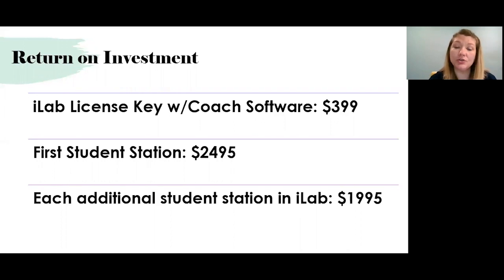And so there's flexibility in that as well. With those additional student stations, you can either purchase it and lease it to your client, or you can have your client purchase it for the $1,995 under your account. They would then keep the equipment, but you wouldn't have to worry about getting it back. Now, here's one benefit to leasing it as opposed to them buying it: when they lease it and they give it back to you, you can reuse that, okay?